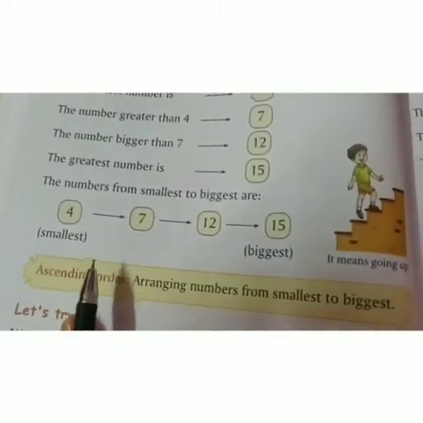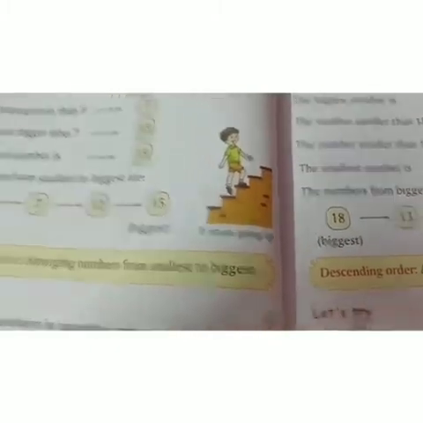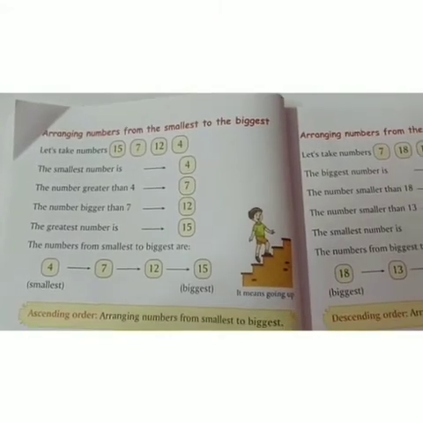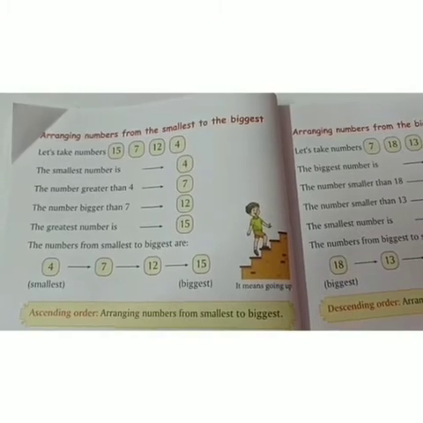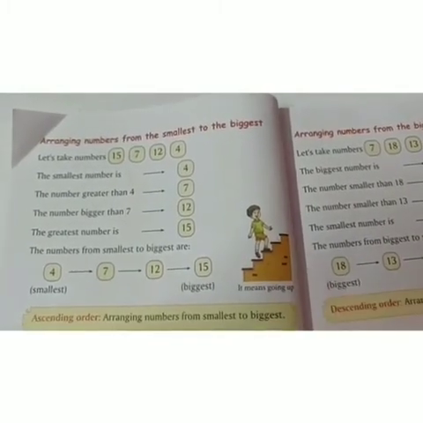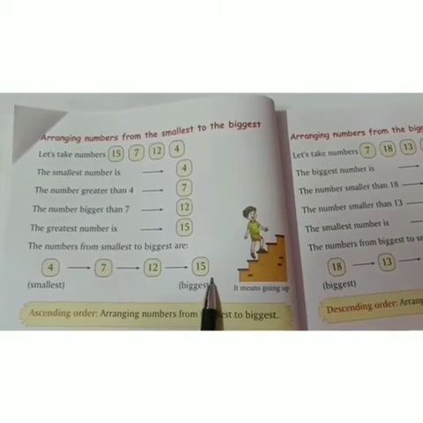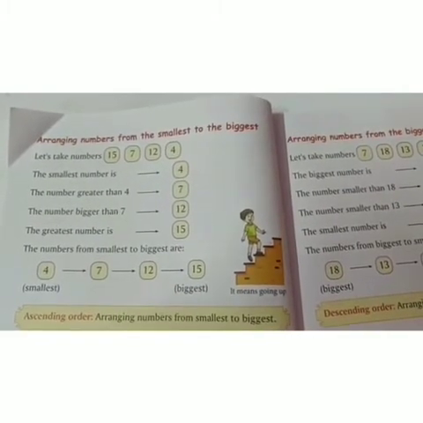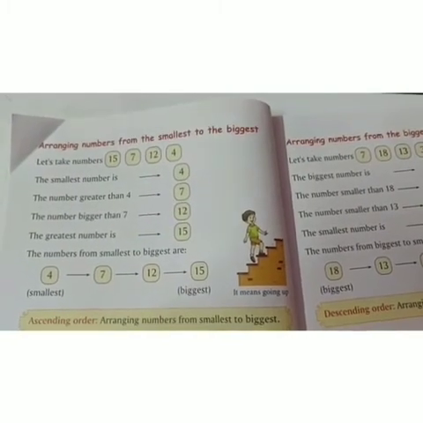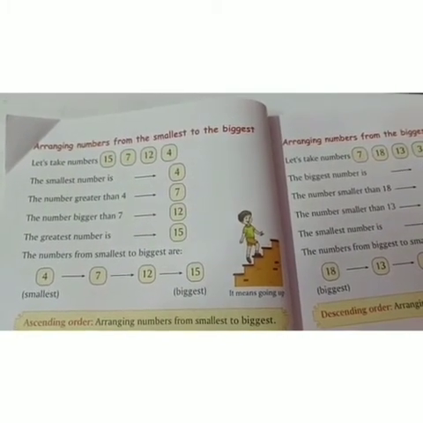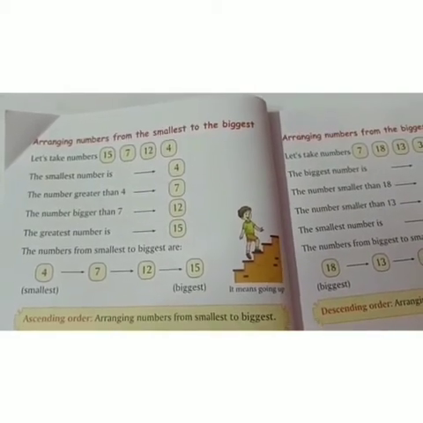Now in this video I would like to clarify the concept of ascending order and descending order. Now tell me kids, what is ascending order? When the numbers are written in increasing order, smallest value to biggest value, or numbers are arranged from smallest to largest number, those numbers are said to be in increasing order.